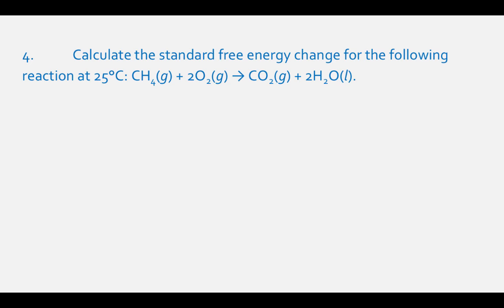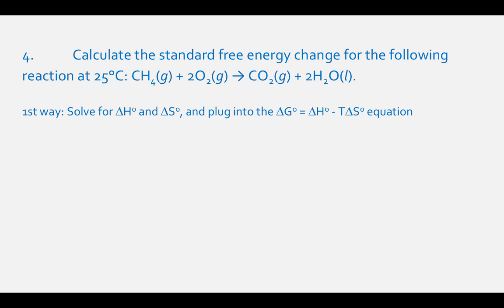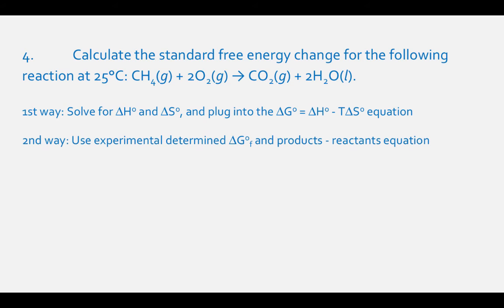Calculate the standard free energy change for the following reaction at 25 degrees Celsius. CH4 gas plus 2O2 gas results in CO2 gas plus 2H2O liquid. We could do this problem one of two ways. We could solve for delta H naught of the reaction and delta S naught of the reaction, and then plug our values into the free energy equation, or we could use the free energy version of the products minus the